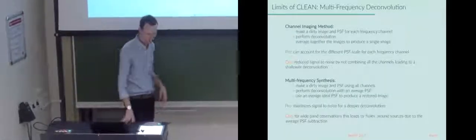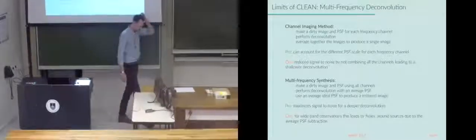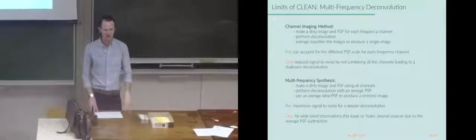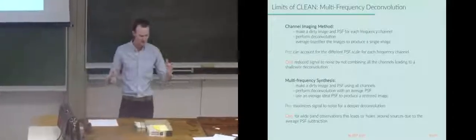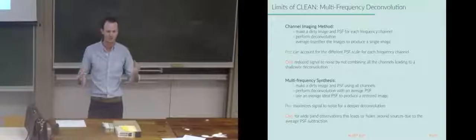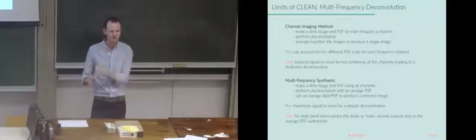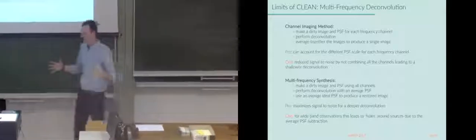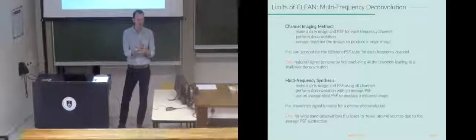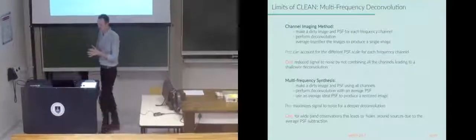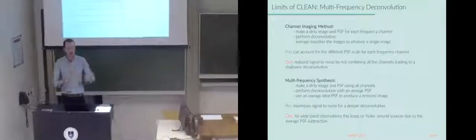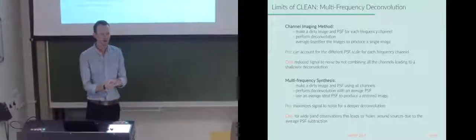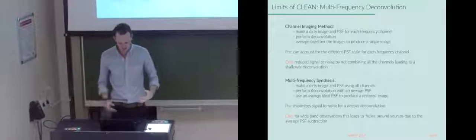There are two different options. When you use an imager, you'll quite typically see the idea of channel imaging. Say you have some bandwidth of 1024 frequency channels. You can image each one of those channels, and then once you make an image, you can add them all together and combine them. Or you can do multi-frequency synthesis, which produces the image in the visibility plane by adding them all up there. Now, the pros and cons of that: